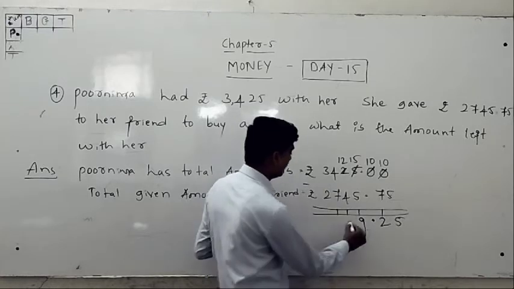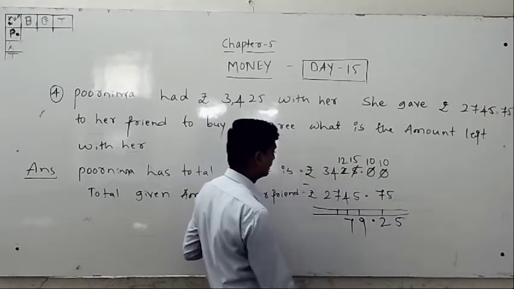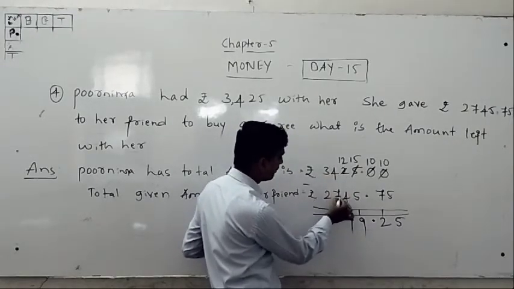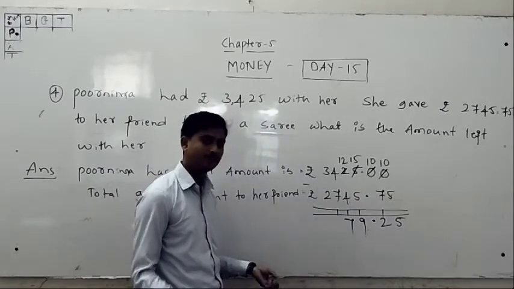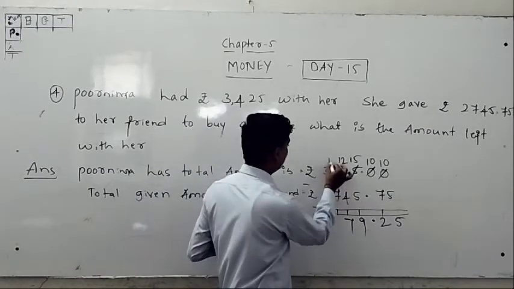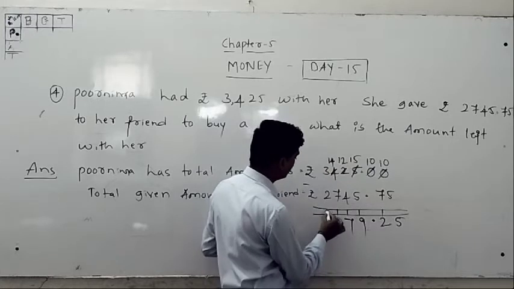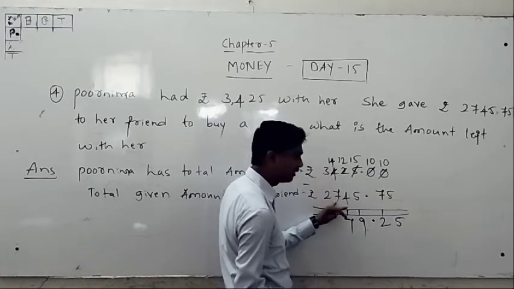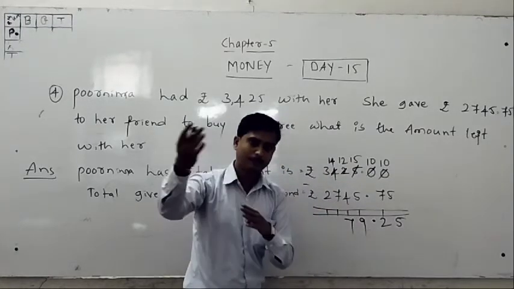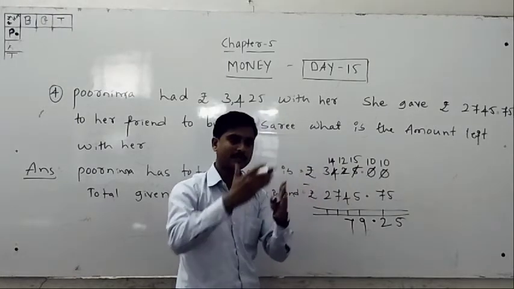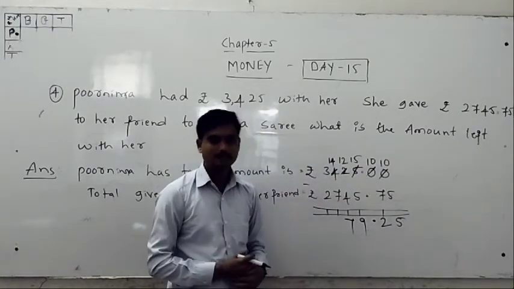Minus 1, it is also 7. And here 4 and here 7. This is also not subtract. You take again borrow. It is 14. 14 minus 7. 7 plus 7, 14. That's 14 minus 7. Answer should be 7 only.